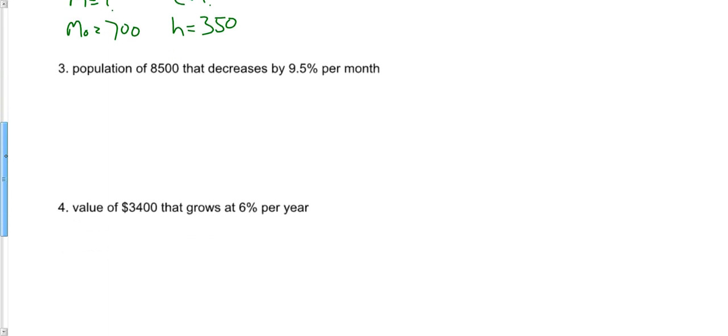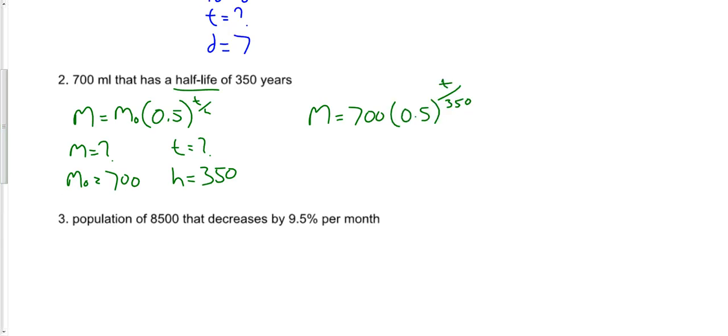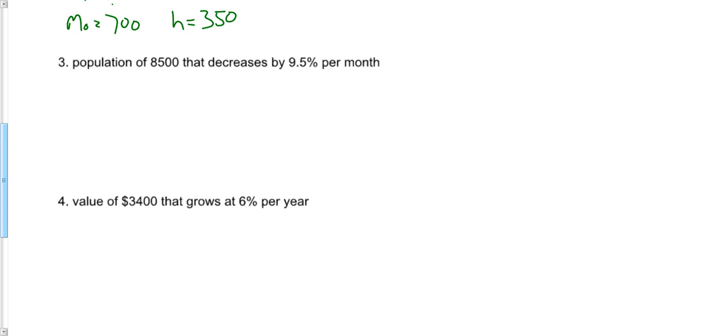If I look here at example number 3, it says a population of 8,500 that decreases by 9.5% per month. Okay, so it's important to note that this question does not use the term half-life or doubling time. It does, however, say that it decreases or goes down, or diminishes or shrinks or something to that effect. Okay, so if it's a decrease question, then we know that the equation is going to be